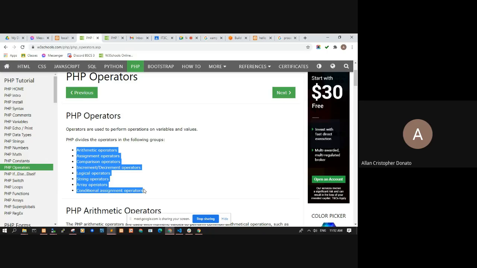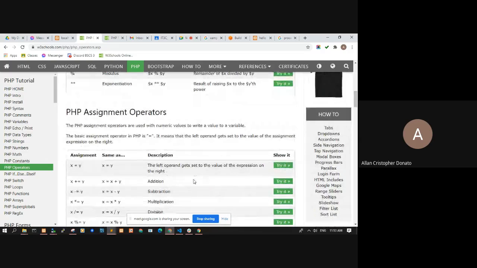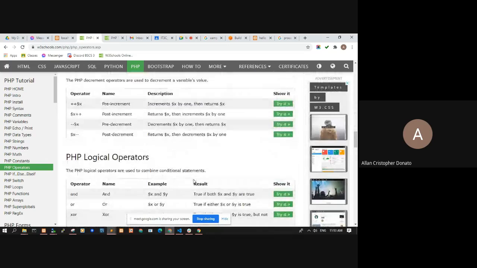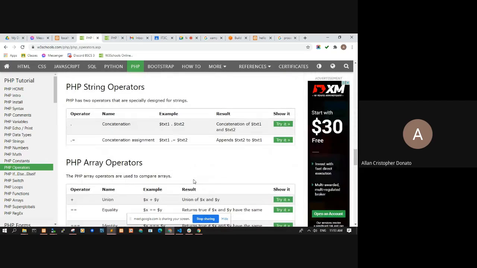They are the same with operators from Java, JavaScript, and C Sharp, except for string concatenation. So yan, string operators, instead of plus as string concatenator in Java, C Sharp, JavaScript, we use dot in PHP. And concatenation assignment is dot equals.